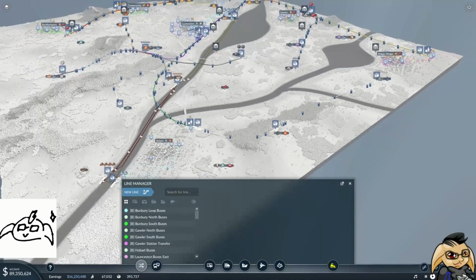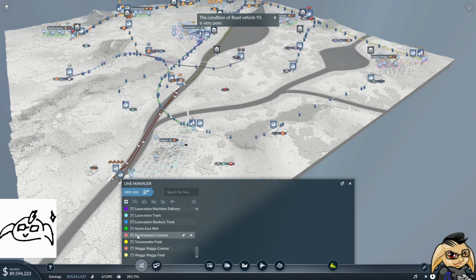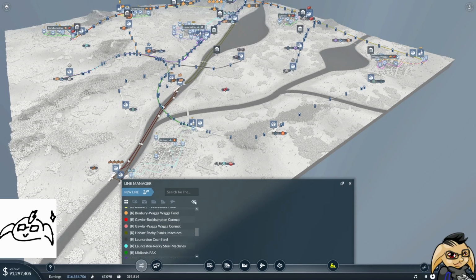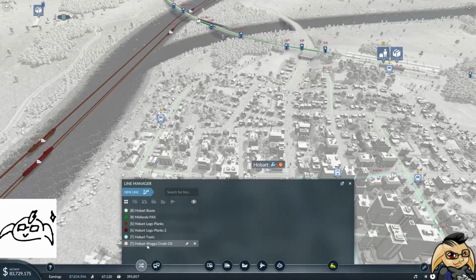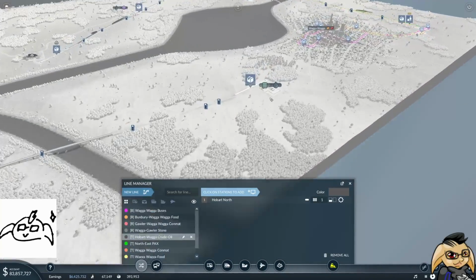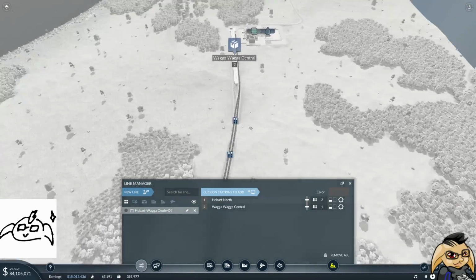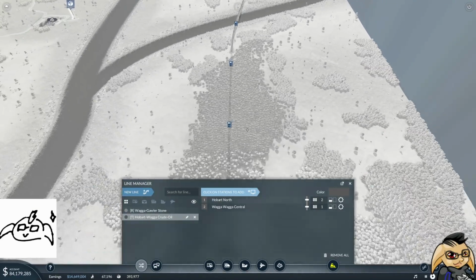So this will be Hobart to Wagga crude oil. Oops. Hobart to Wagga crude oil. Where did you go? Things I can see. Let's color it a grey type color. See how that looks. So from there to there. Yeah, I'm happy with it going into that platform. And then on the way back,